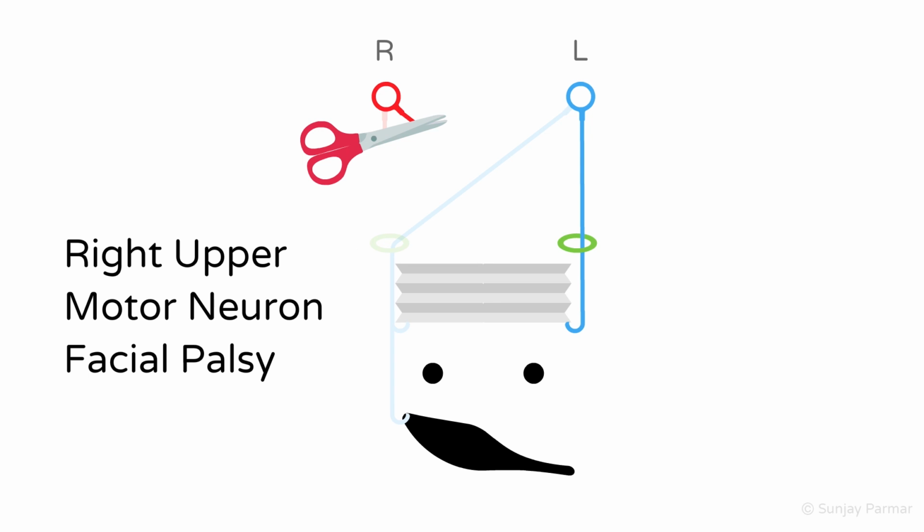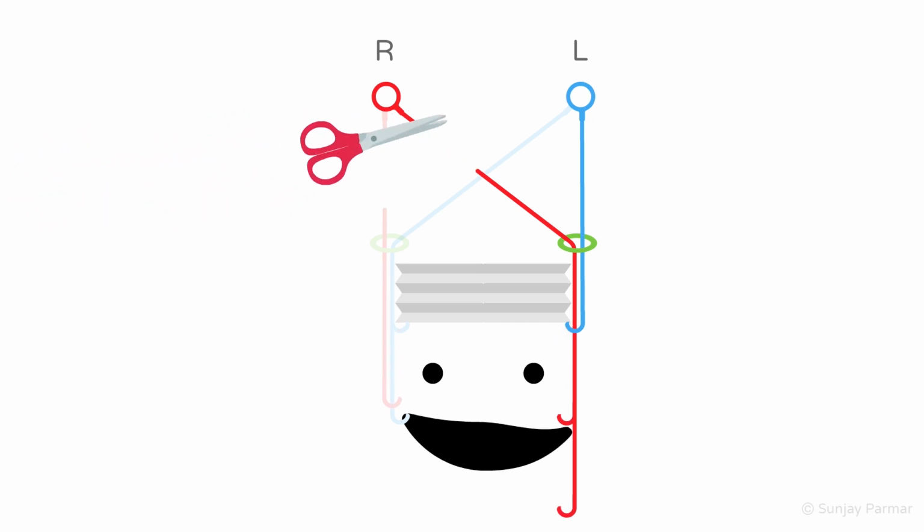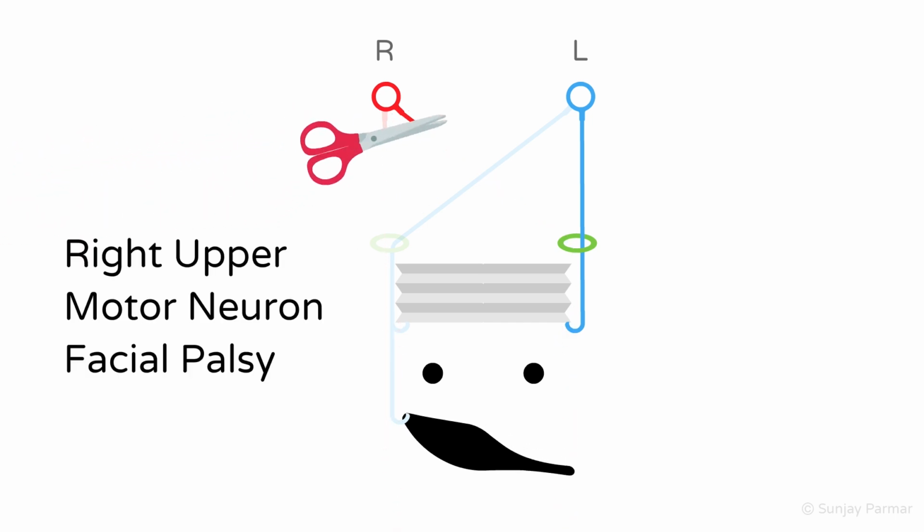As the left motor cortex and its ipsilateral and contralateral corticonuclear tracts are intact, it can continue activating both sides of the upper face and the right lower face. This is represented by both red ropes coming from the red handle being cut. As the red rope and hook was the only thing keeping the left mouth corner up, it falls. Even though the red hooks have fallen off both sides of the forehead, the blue ropes and hooks are intact, and so it is still raised. The right mouth corner is also held up by blue hook, so it continues to be raised.